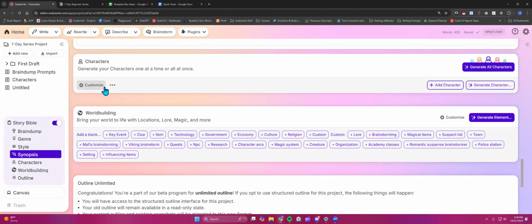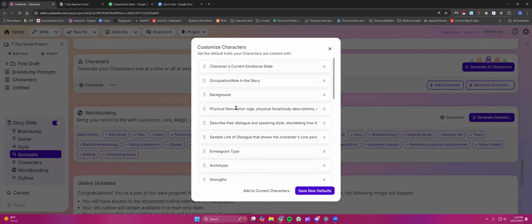What you can do is customize your character cards. This is something you could do for each project. So click the customize right here, and you have a template. Now, if this is your first time, you're going to have the same 4 or 5 traits right here, the